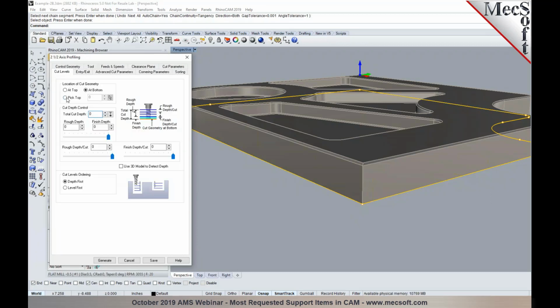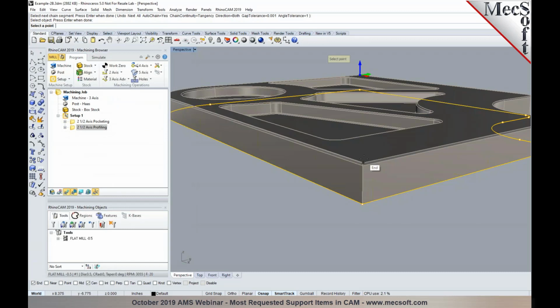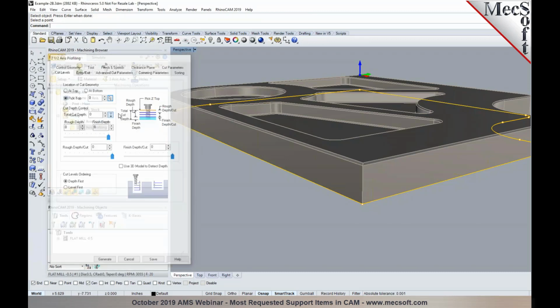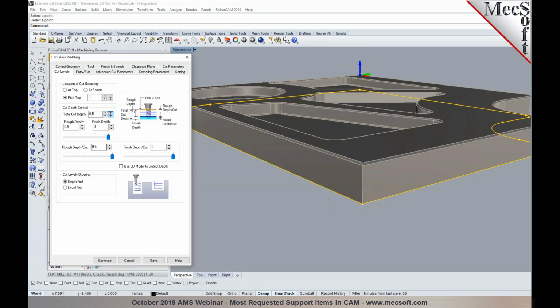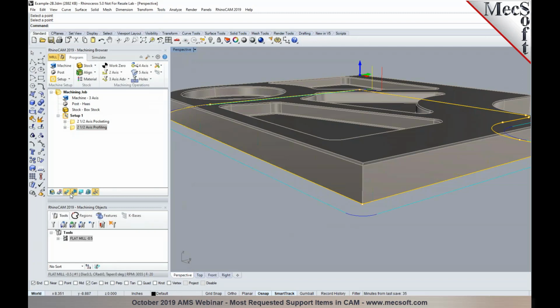under cut levels. You specify the start location, and then when you're in your depth, you want to make sure you specify your total depth, plus you can add the amount that you want to go past it. So for example, I could say I want to go past 50 thousandths. When I do this, it's going to start at the top and go to the depth that you put in. In this particular case, we are going past the bottom of the part by 50 thousandths,